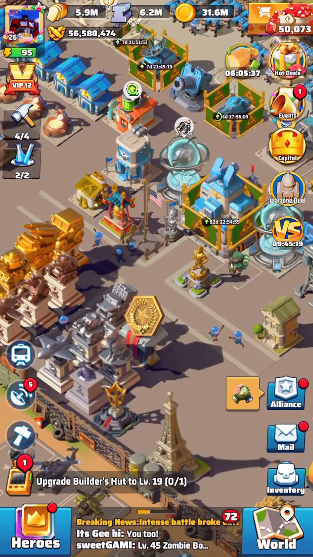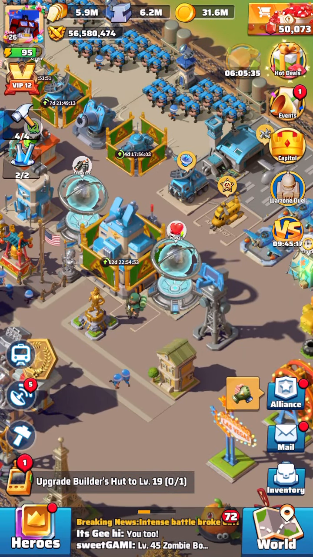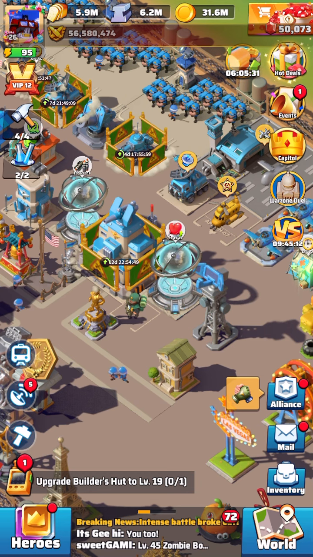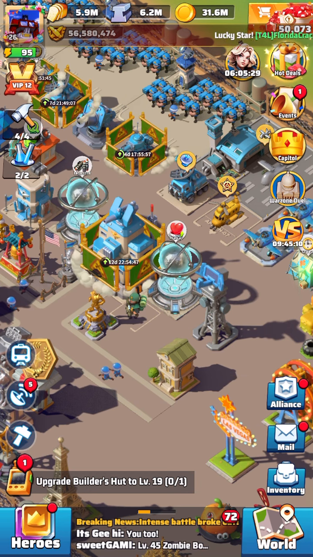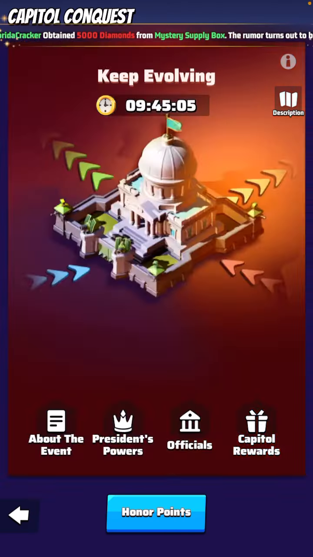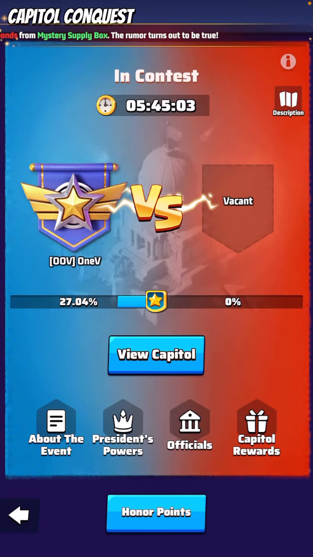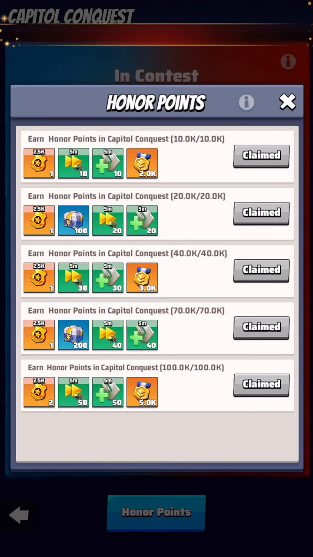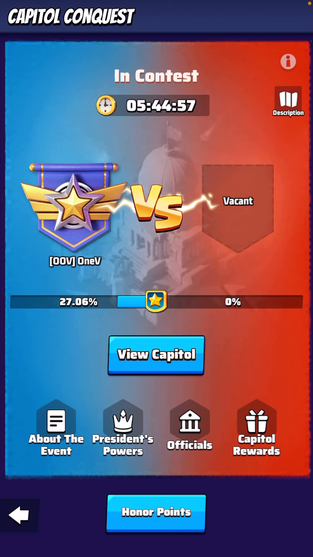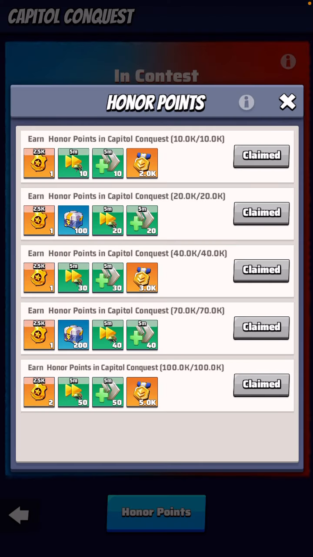So really what's going on right now, of course, we got Desert Storm later this evening. And again, we're going to try to get that live action, so I'll need to clear some space on my phone so that I have enough memory capacity. But right now we have Capital Conquest going on. We already got all of our milestones, but I wanted to show you guys